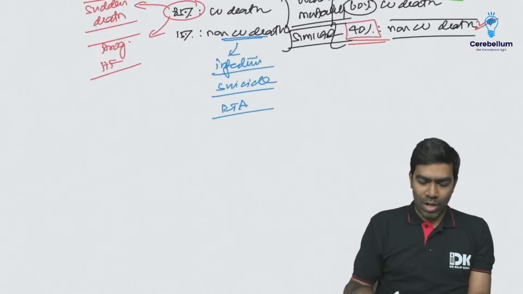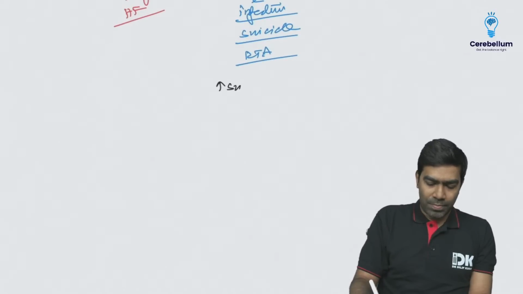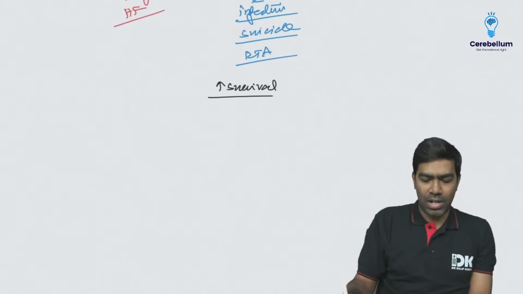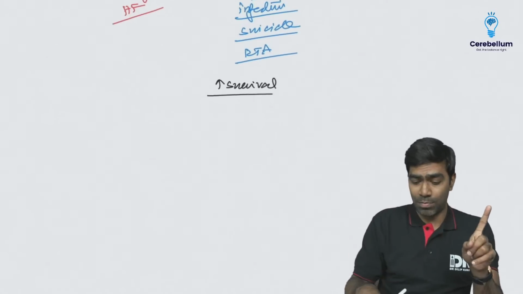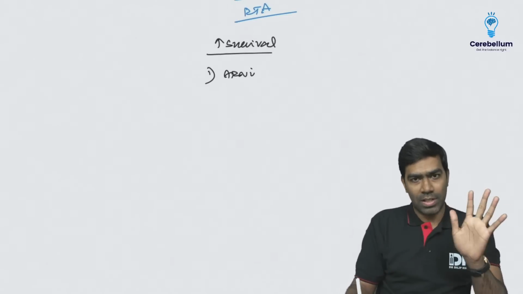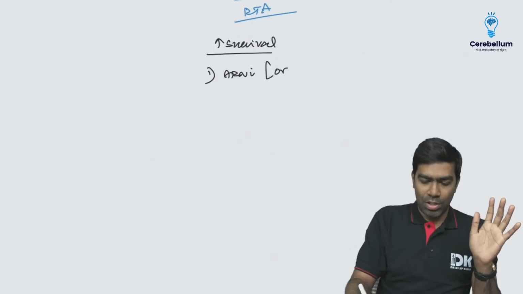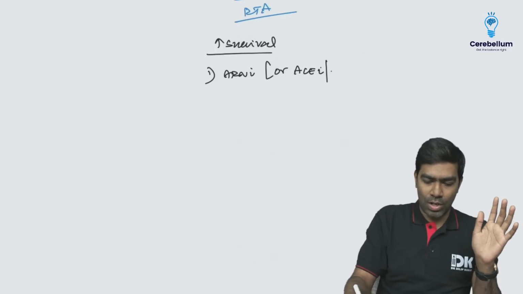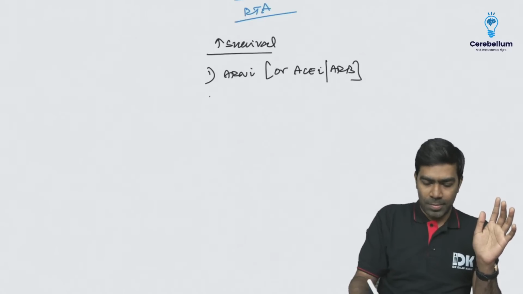So what are the first line drugs? What are the drugs that improve survival? Okay, in patients with HFrEF. We are talking only about HFrEF, not about HFpEF. Number one, ARNI, very powerful drugs. These are the first line drugs as of now. Alternative to them is either you can use ACE inhibitors or you can use ARBs. Number two,